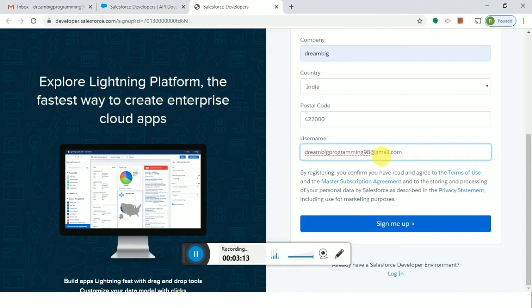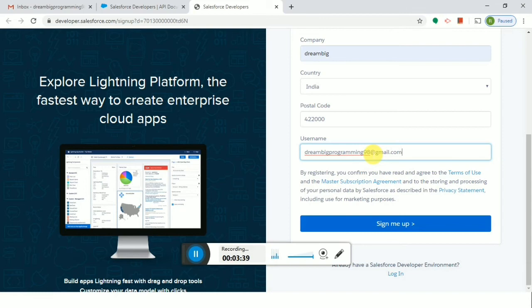You can create as many accounts as you want on the same email ID. You do not need to change your email ID every time, because Salesforce provides so many features. Sometimes you need to create a separate org. Why you need to create a separate org, I will discuss in an upcoming video.